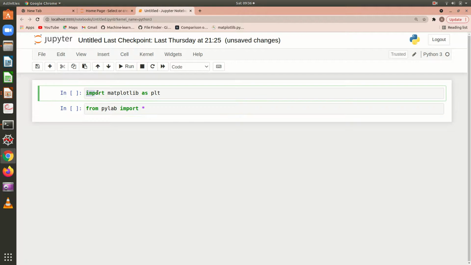This is very important. So from the matplotlib module, you are going to import the pyplot submodule and you name it as plt.